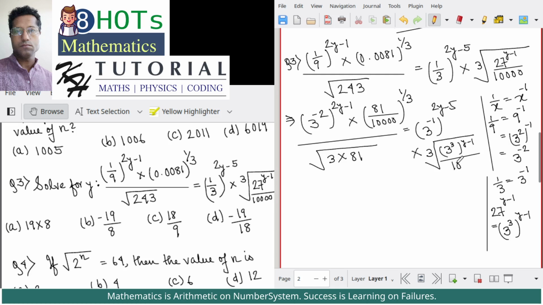It is 10 raised to the power 4. Okay. So this implies now 3 raised to the power minus 2 and this whole raised to the power 2y